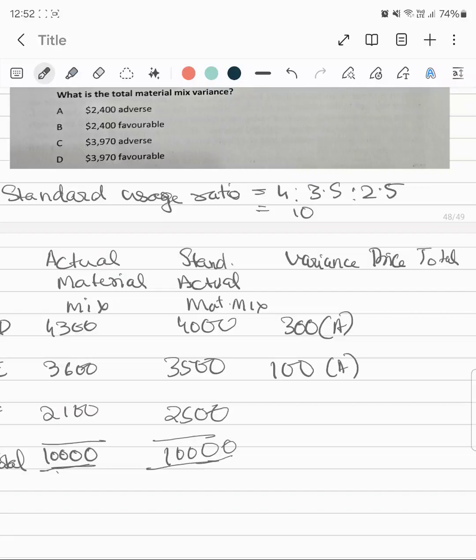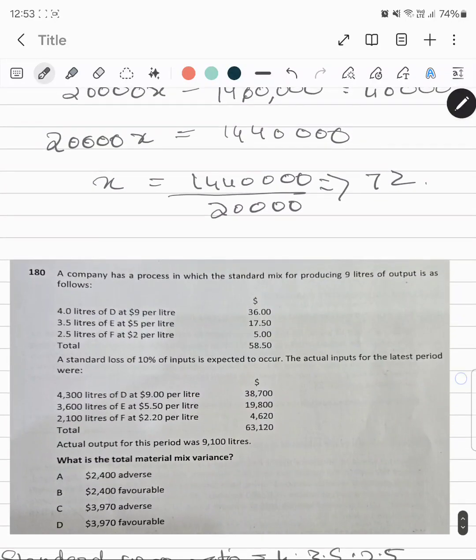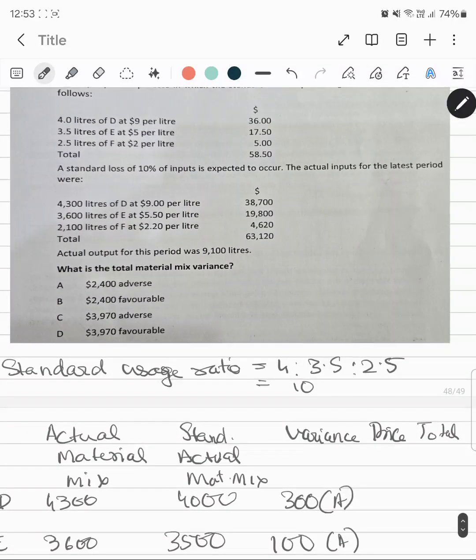be less than the standard for favorable, and if it is more than my standard, whether it is price or usage or quantity, whatever it is, if the actual is more than the standard, it will come adverse in the case of material usage. And this is, see, the actual material used is less than the standard material that had to be used, so this 400 is favorable. Okay, so now I'll apply the price rates as well, that are standard price rates 36,